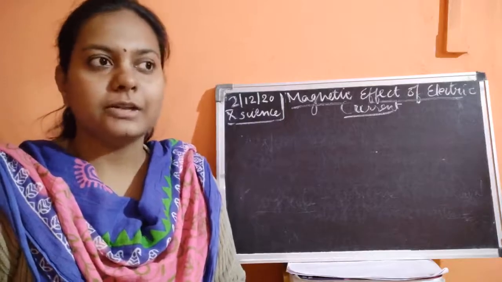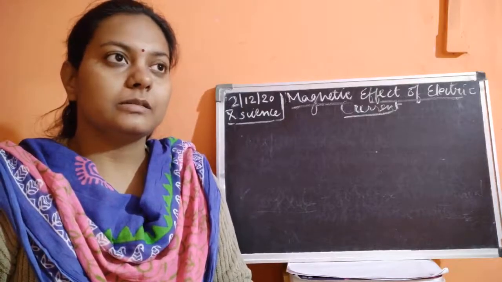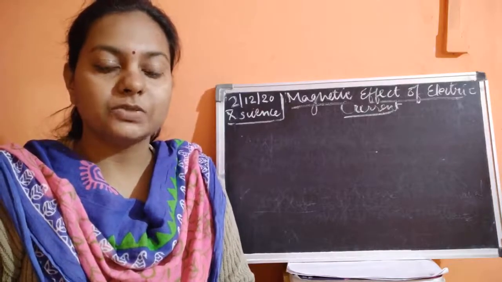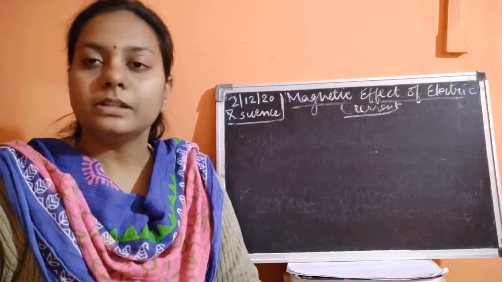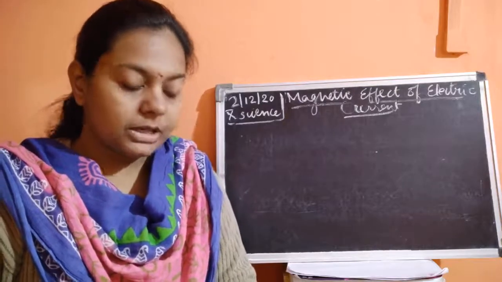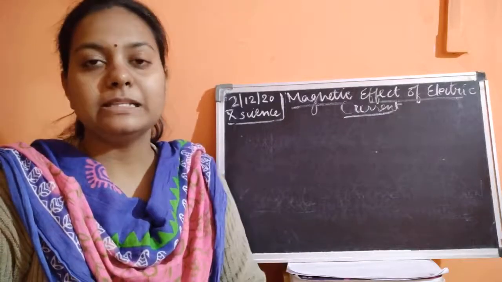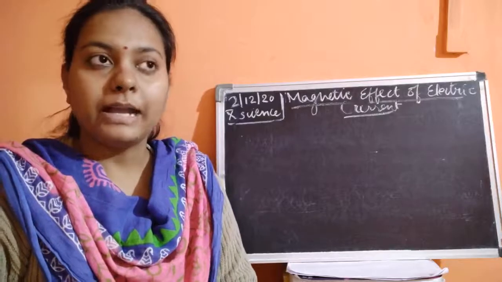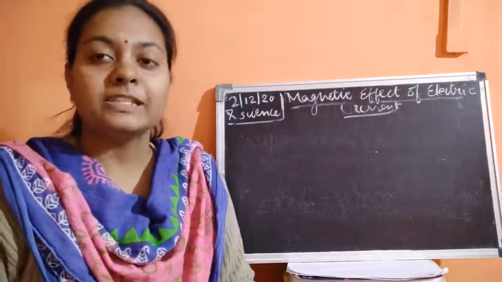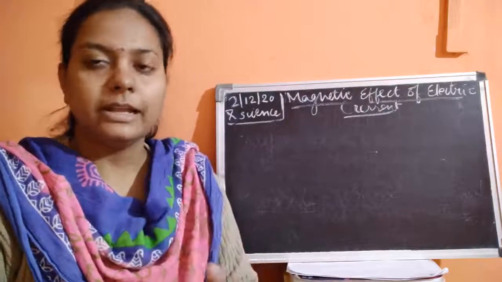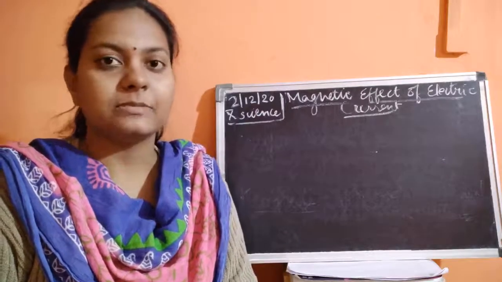Okay, so we have studied about the magnet, which is a substance able to attract different objects made up of steel, iron, cobalt, and so on. Then after that we saw the features of the magnetic field. Now what is that magnetic field? Magnetic field means the area covered by the magnet. I mean, the force of attraction of that magnet is experienced in a particular area, and that area is said to be a magnetic field.